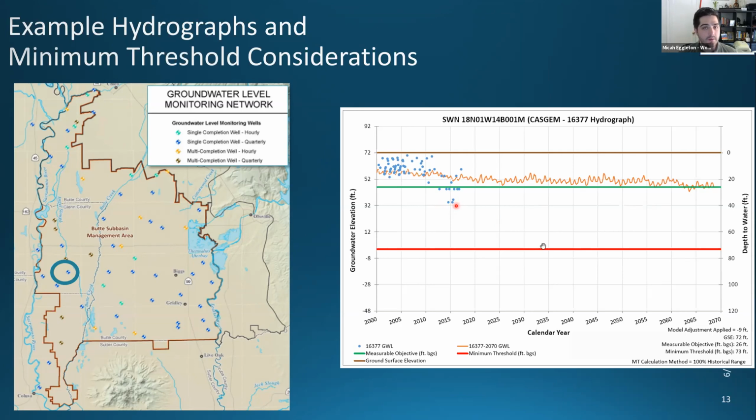And also SGMA puts in the regulations that the GSA is not responsible for improving conditions before 2015. So 2015 is kind of this magic number in SGMA land, where you don't have to use that as your justification, but a lot of places do point to the 2015 drought and say conditions were pretty bad around here, or it was a tough time for us. But this is realistic because it's a drought period and we don't need to get any better than this necessarily. So that's why we take into account the 2015 drought for the measurable objective.